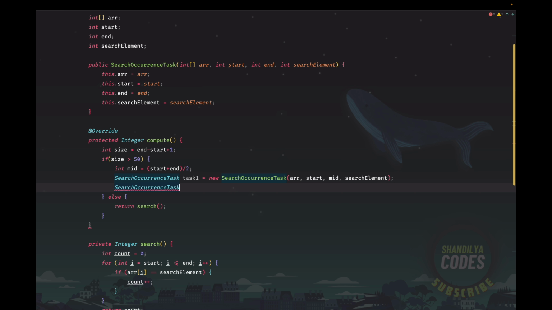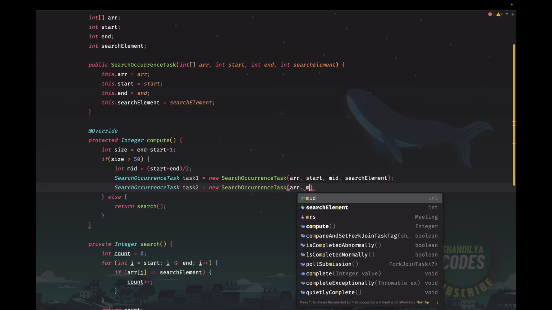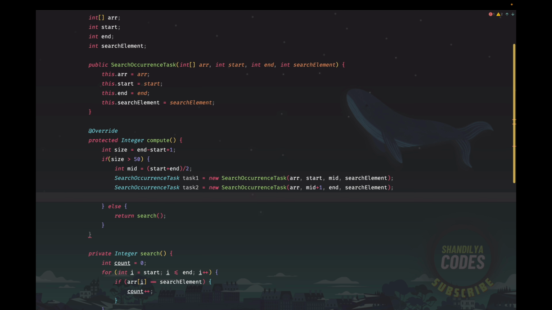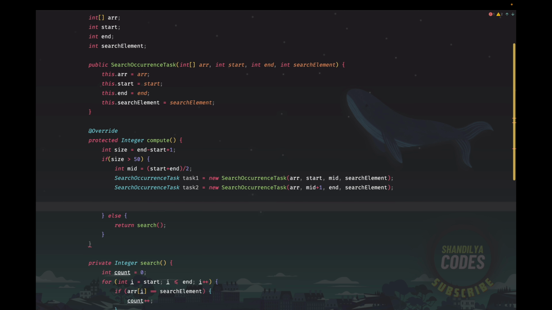Next we create the other task, which is task 2, and then we call search occurrence task. Then we have array, and the start value becomes the mid plus 1, and then the end value becomes the end, and then we have the search element. So if you are familiar with the concept of binary search or any divide and conquer algorithm implementation, you would